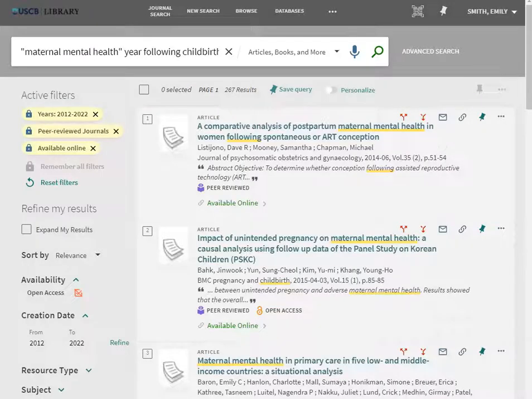Since you are a student at USCB, you have special access to our databases and articles that are not available through open access. You do have to log in to access resources provided by USCB. USCB Library has paid for access to almost 200 databases, which includes thousands of journals and hundreds of thousands of articles. This cuts out the hassle of searching online and not being able to access the information or finding information that is not reliable or credible.